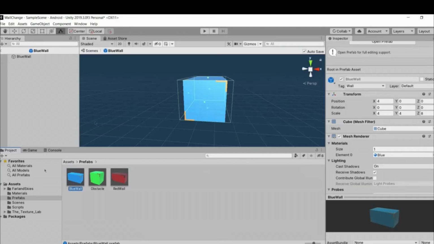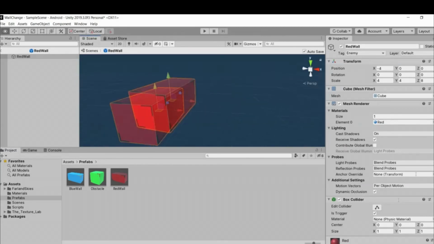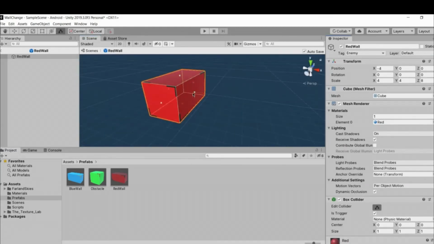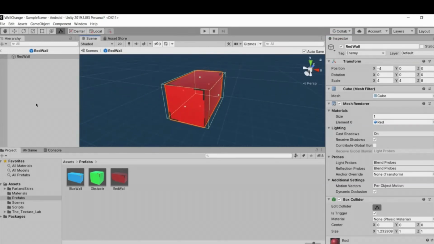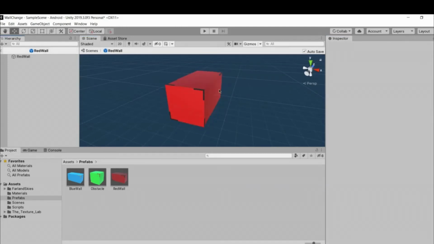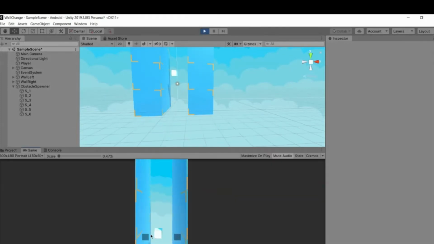So go back to this and yeah, save the changes. Okay, now double click over the red wall and just do the same thing right there, and click alt and just drag it a bit outwards. And as you can see, we have edited our box collider, and just go back inside the game and hit the play button. And if we now just hit it,